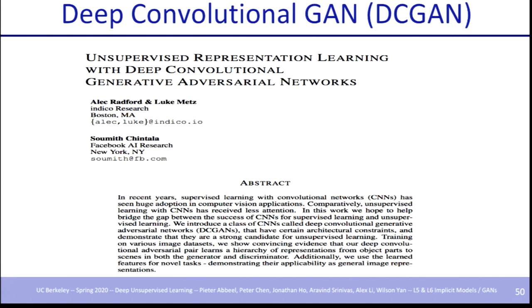If you look at the abstract, they basically show that unsupervised learning with convolutional neural nets has not received much attention, which is really true at that time, because people weren't really pushing on unsupervised learning since CNNs were just working and there were a lot of things to do in supervised learning. So they are proposing DCGANs as a way to learn good features, do good unsupervised learning, and use these representations from the generator and the discriminator to show that they can be pretty useful and capture useful aspects of the image.